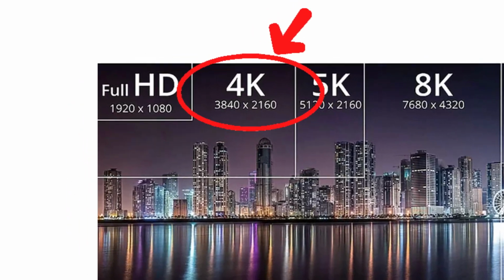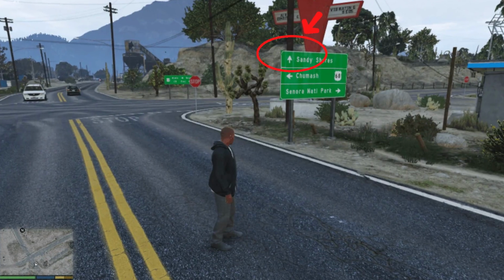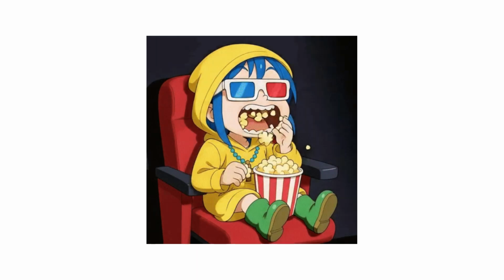4K, or Ultra HD, is 3840 by 2160 pixels. That's 4 times the pixels of 1080p. 4 times. At this level, you don't need to zoom in to see the difference. Textures are just there: skin pores in a close-up shot, individual leaves on a tree, fine print on a sign in the background. 4K is built for large screens: big TVs, ultra-wide monitors, home theaters, and it pairs beautifully with HDR,